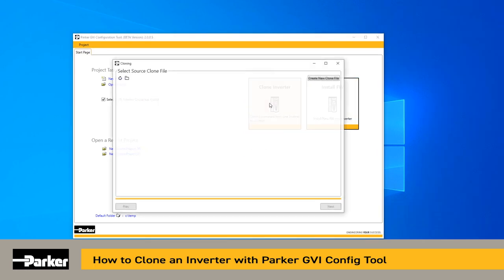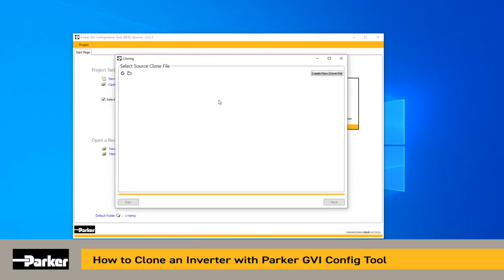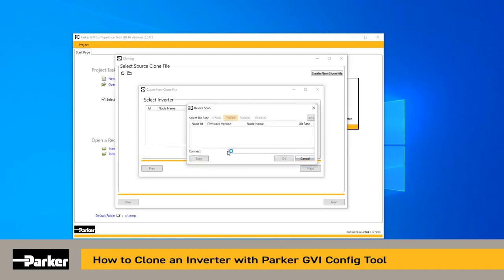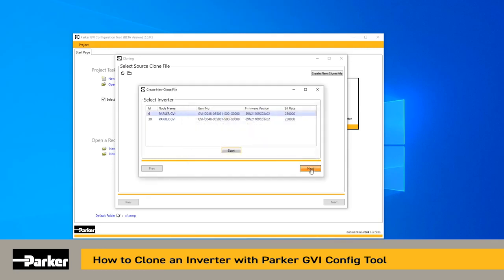So if we select the clone inverter wizard, it will show the first page, and on this page we have a button which allows us to create our first clone file. So if we click on this button, it will open another window, and here we are going to scan our CAN bus network to find our source inverter, the inverter we're going to use as our golden sample. So we're going to select node ID 6, proceed to the next page,